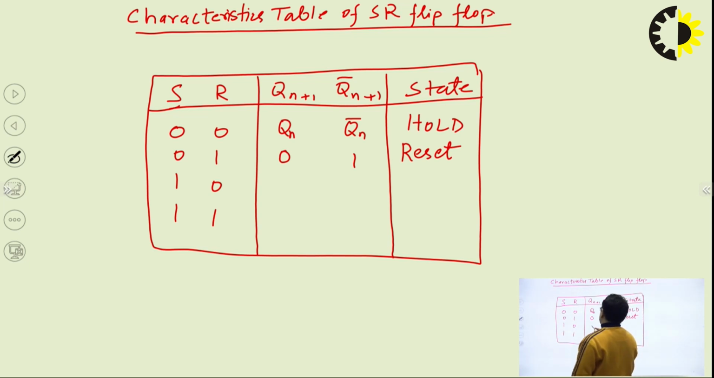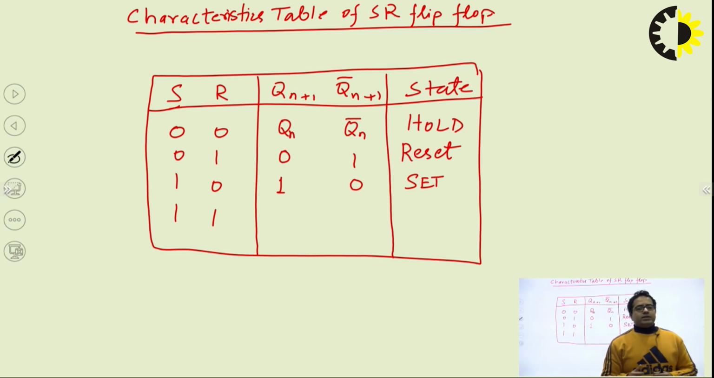So that is 1, and its complemented value will be 0, and this state is called a set state. Now the last case, 1 1. In the case of a flip-flop, we have discussed for the SR flip-flop that the case of 1 1 is treated as an invalid state,